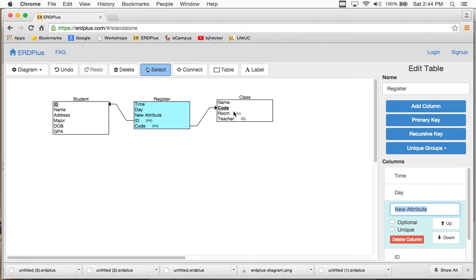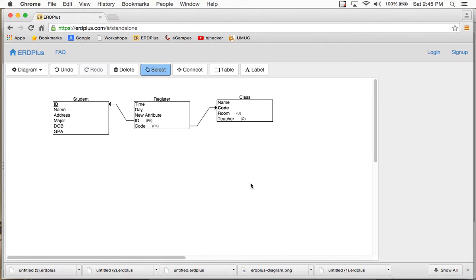Well, it's redundancy, but it's what they call controlled redundancy. It's controlled redundancy because now we're controlling where our duplicate data is, and we're only using the duplicate data to connect the tables together. So if I add another scenario like the room, the classes are conducted or held in rooms. If each class is only in one room, I don't have to make another table for it to show the relationship. If the class can be held in multiple rooms, then I could have a schedule, like a room